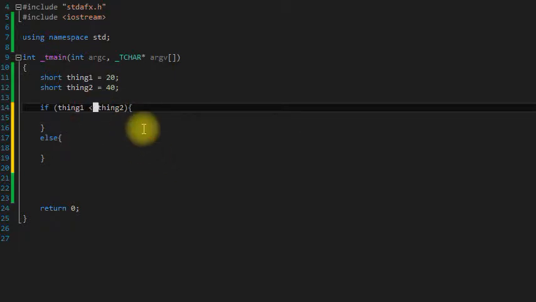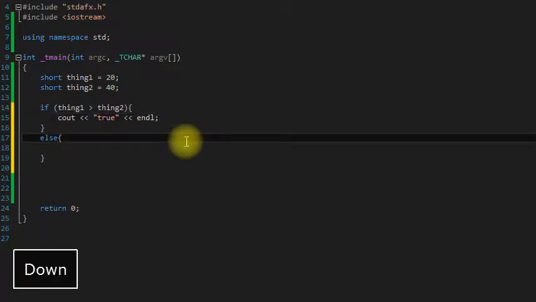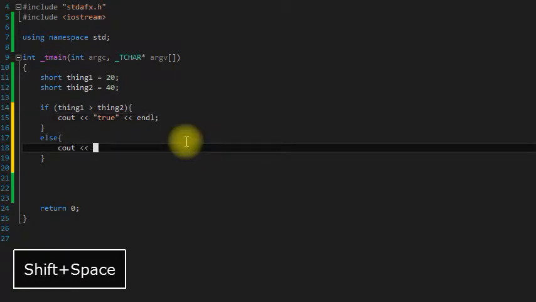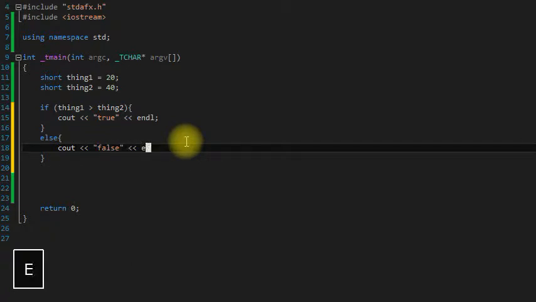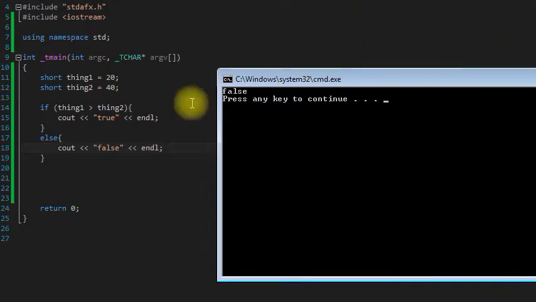So if we have changed this to a greater than, just put true here. And then come down here and put false. Control S, Control F5. As you can see, since the condition in the if statement evaluated to false, it ran